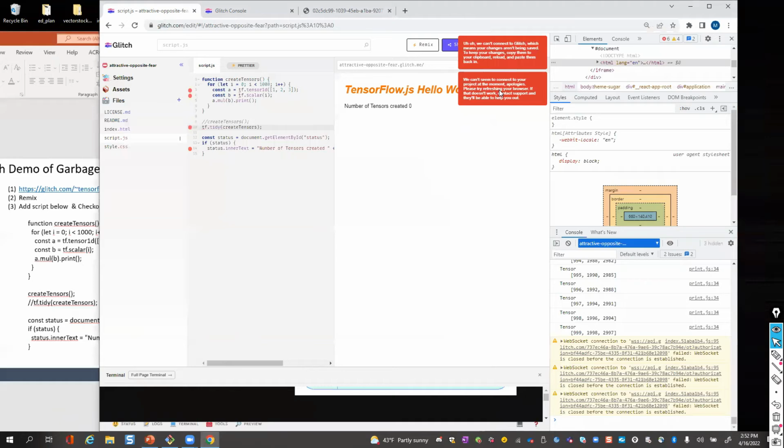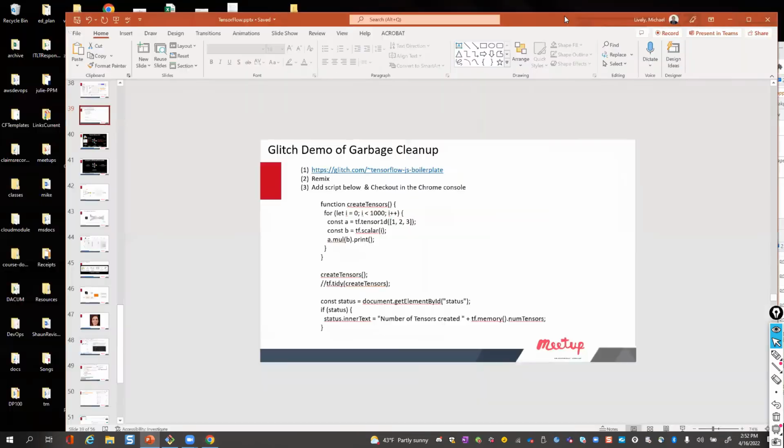So is this standard pretty much for every time you're doing something? Whenever you create a function in TensorFlow.js, you want to clean up that function. Yeah. Okay. I've seen a lot of this happen in JavaScript. People get these memory leaks because they haven't executed the functions correctly, and the memory just keeps going up, and the program gets slower and slower and slower. Especially in development, you see that happen a lot.